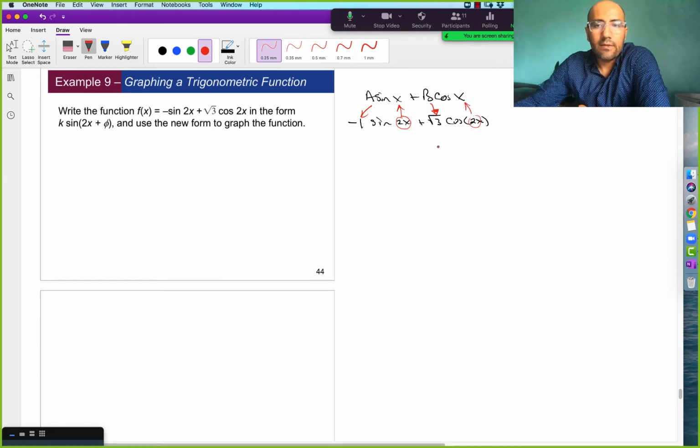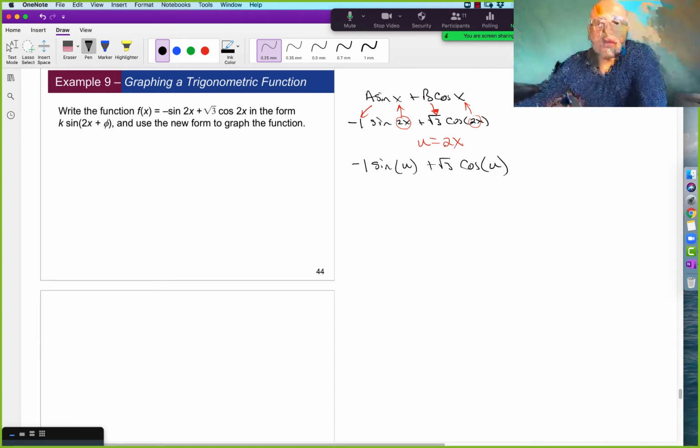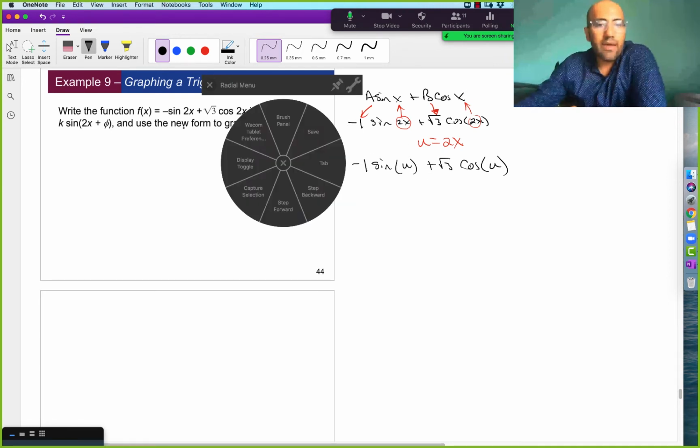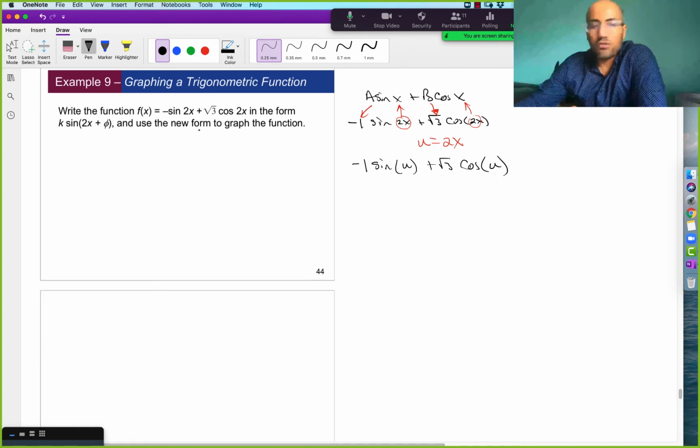Right? I mean, you can also do like a little u substitution if that bothers you. Let u equal 2x, and then you can proceed to continue to solve this like this, plus root 3 cosine of u. And then it's just a little thing, keep it together. Down the road, when you're trying to simplify your final answer, you might want to deal with the fact that there's a 2 in there, 2x, but for the purposes of combining this into a single sine function, it shouldn't have any effect. Okay? All right, so our little formula tells us that the first thing we have to do